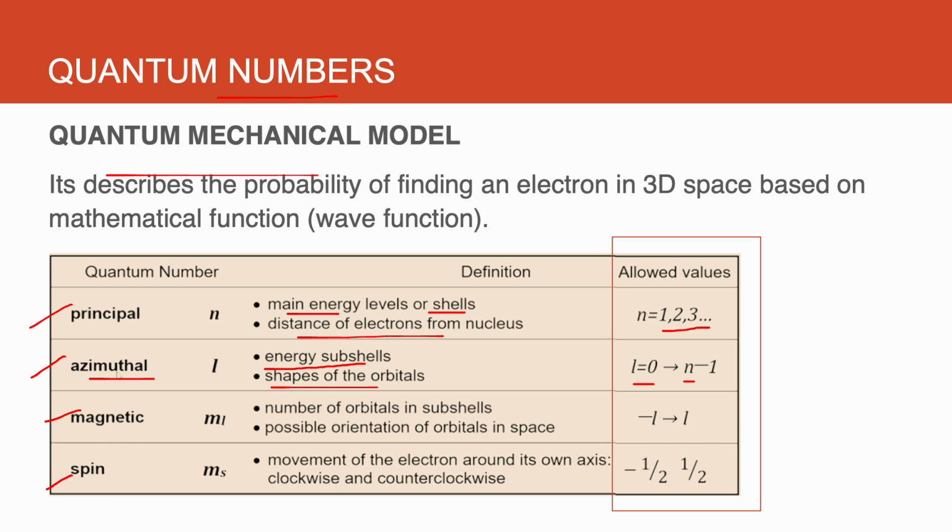Your magnetic quantum number is the number of orbitals in a subshell, the possible orientations of orbitals in space. So it could be negative or positive. The allowable values are from negative l to positive l, where your l is your azimuthal quantum number. Your spin, there could only be two possible spins for an electron, either clockwise or counterclockwise, hence the values negative 1/2 and positive 1/2. Okay, so you remember your four quantum